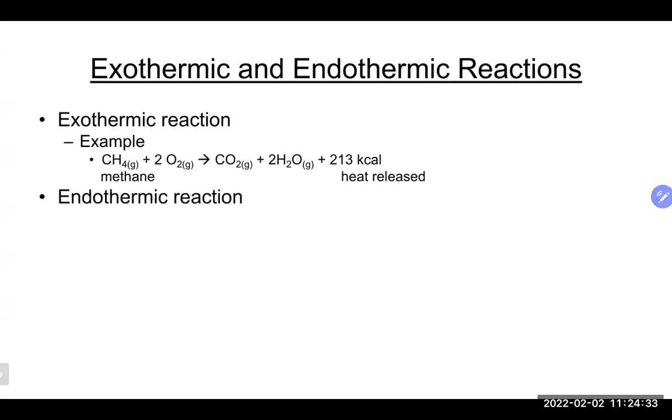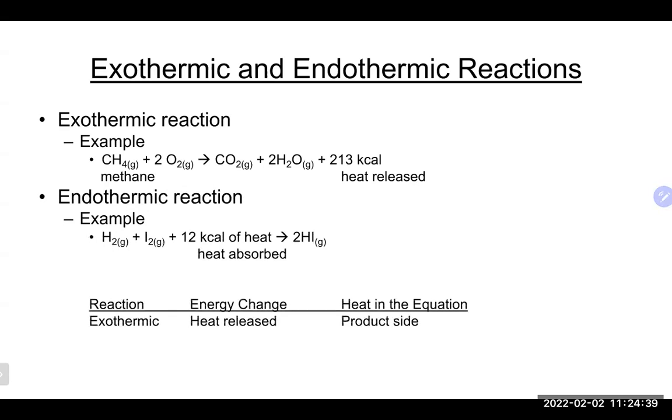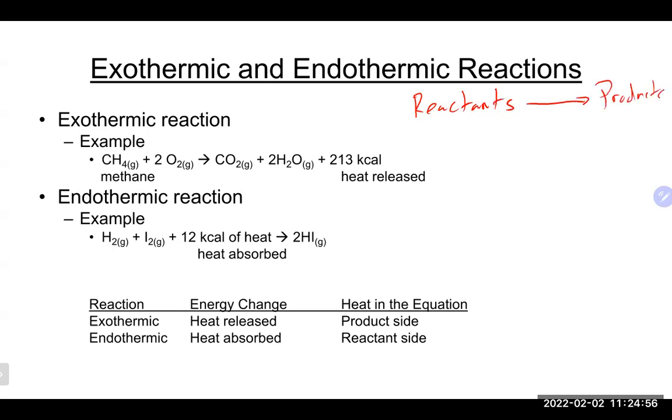Now, we sometimes will look at energy in a chemical equation, and we can get some information as to whether this reaction would be exothermic or endothermic. Again, a reminder: a chemical equation, which represents a chemical reaction, always goes from our reactants to our products. If we look at the exothermic reaction, this is actually what happens when you light a Bunsen burner. A little bit of methane, some oxygen from the air, a little bit of a spark, and you get fire. It's an exothermic reaction, and we see